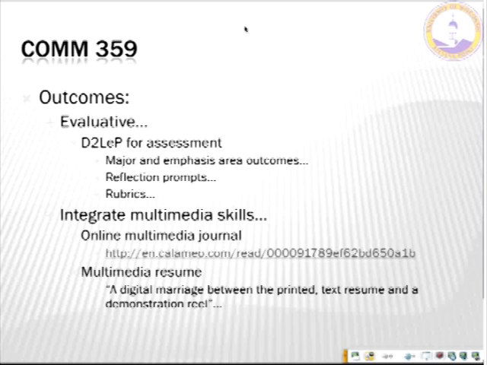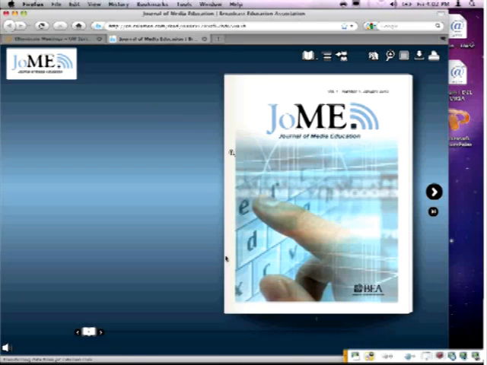The second thing I'm doing to integrate is creating an online journal. I just want to show you this sample. I don't know if all of you are familiar with Calameo or not, but all the students are going to be creating a piece. We have students in journalism and students in media production. So they're going to be either writing a feature-length journalistic essay, a photojournalism essay, or a traditional term paper, or producing a video piece based upon topics related to technologies of mass communication.